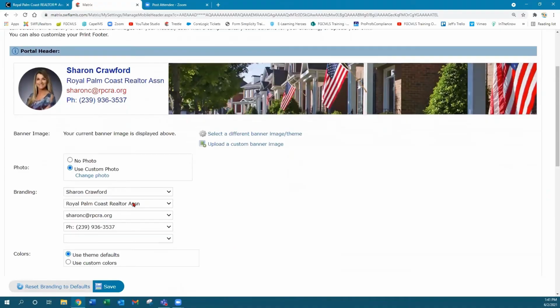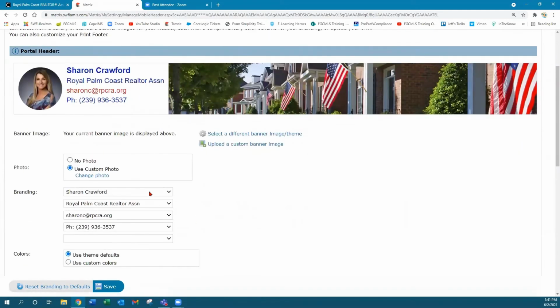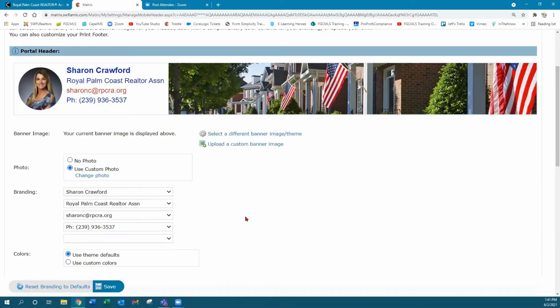And we'll continue to scroll. Now, the next section we come to, remember that page we were on over here, the information page? So these drop downs are pulling information from that first page. You'll notice you'll have your name on 2 lines at the top, and you want to use your name on the single line. So if you scroll down just a little bit, you'll find that you can